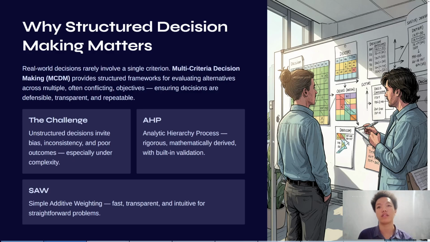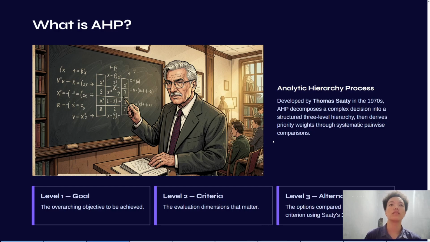AHP, or analytic hierarchy process: rigorous, mathematically derived with built-in validation. What is AHP? Analytic hierarchy process. Developed by Thomas Saaty in the 1970s, AHP decomposes a complex decision into a structured three-level hierarchy, then derives priority weights through